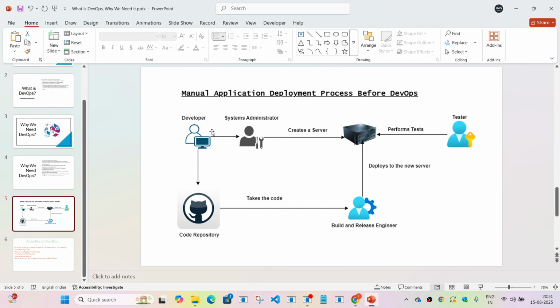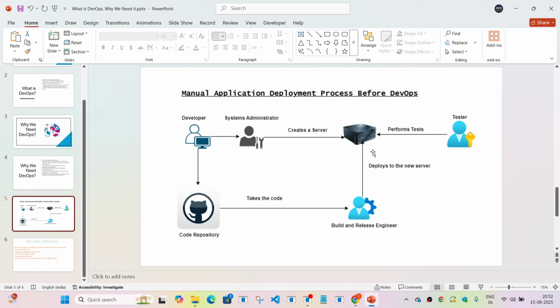So after 3 weeks of development, when the code was deployed first on this server, the code fails, for example. Then the developer has to do a lot of debugging. And this code may be like 500 lines of code. Since there was no decoupling, there was no microservices concept, the entire application stack has just one code base, and now you have to debug the application.